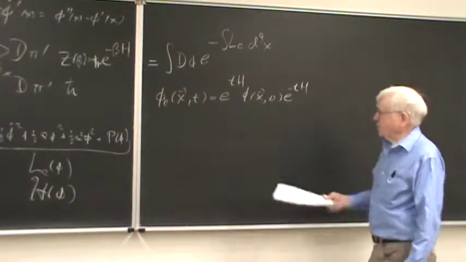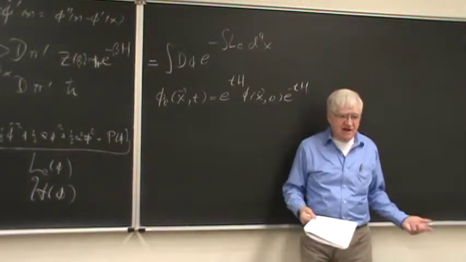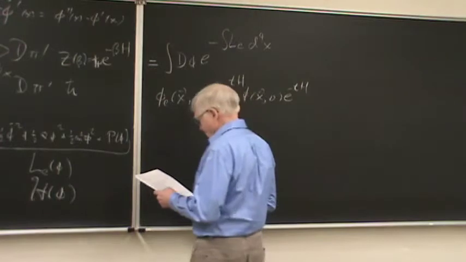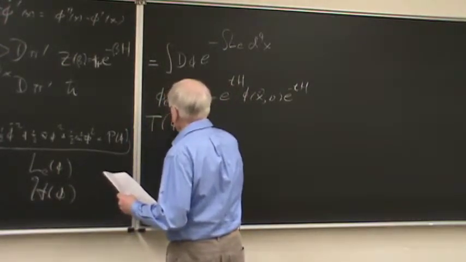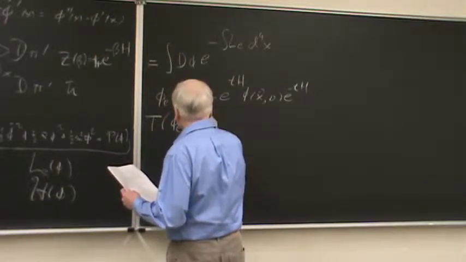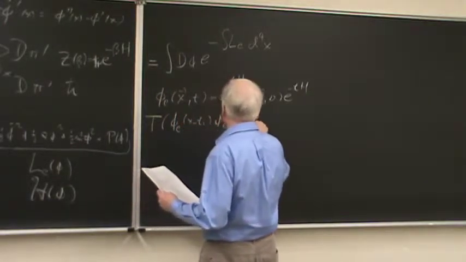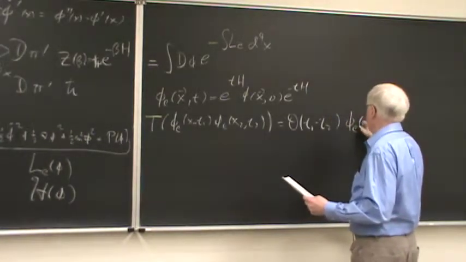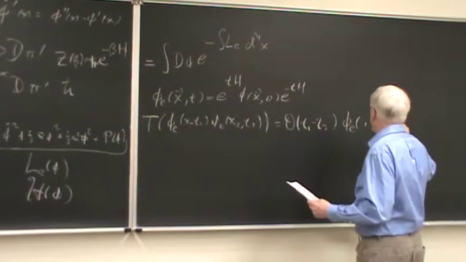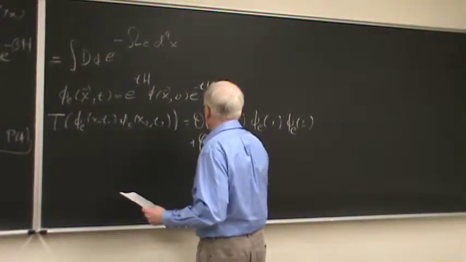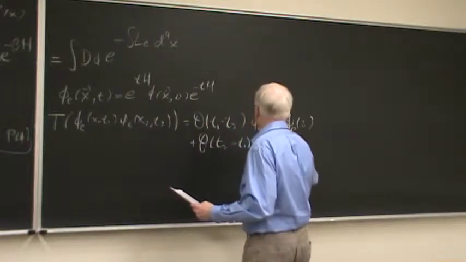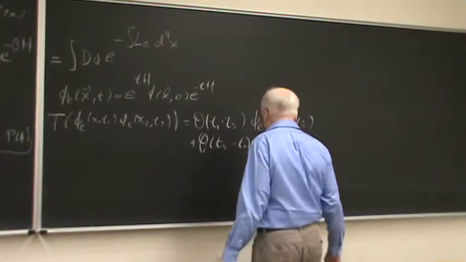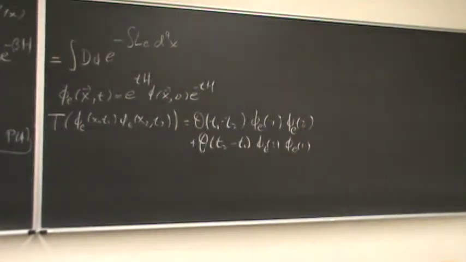And of course the Euclidean time-ordered product of two fields is defined in the obvious way. We use the Heaviside function, and so it's basically the time-ordered product of phi_E(x1, t1) phi_E(x2, t2), which is theta of t1 minus t2 times phi_E1 phi_E2, plus of course theta of t2 minus t1 times phi_E2 phi_E1. And well, of course the part that I skipped is the essential part, namely that